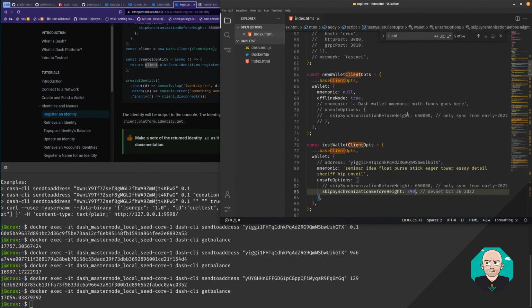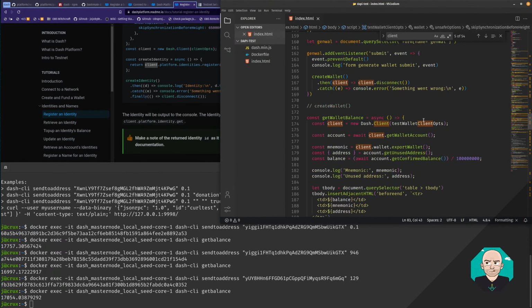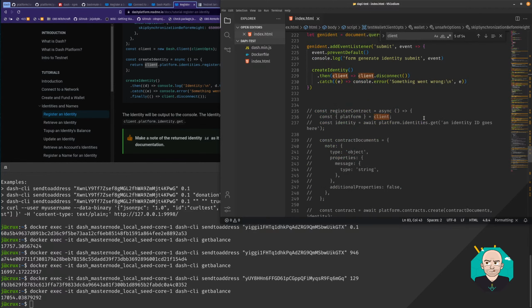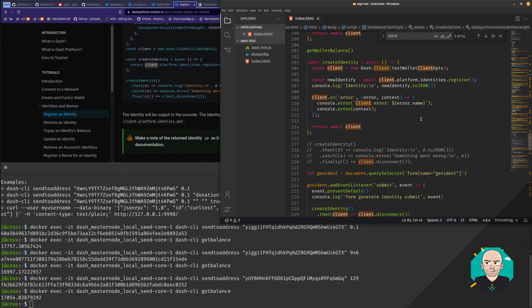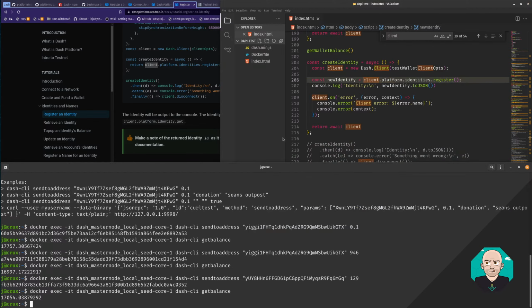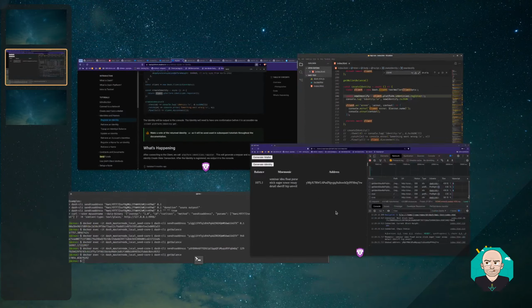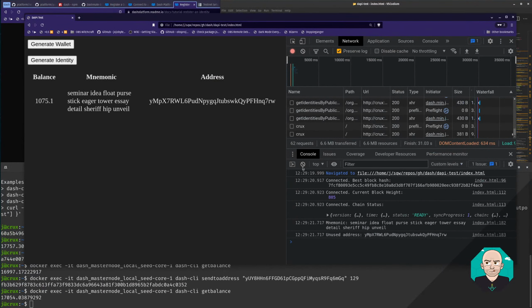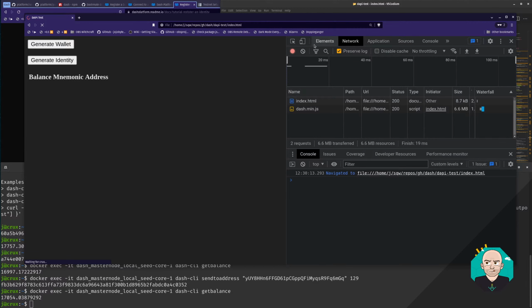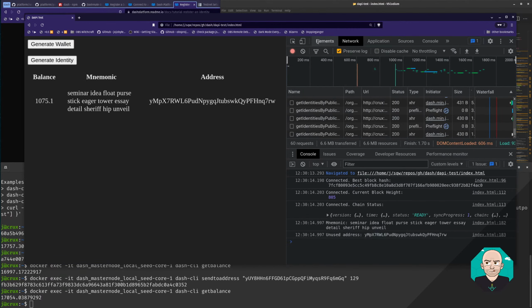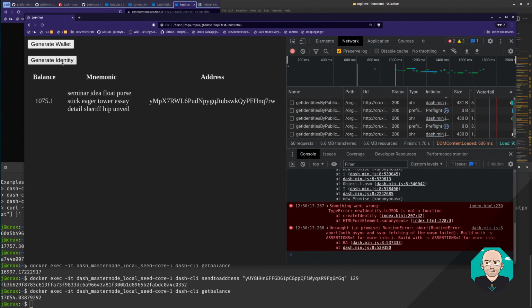Let's go back to where I'm calling that and remove await if I got that in there. Yeah, I added await right there, so delete that and clear and refresh